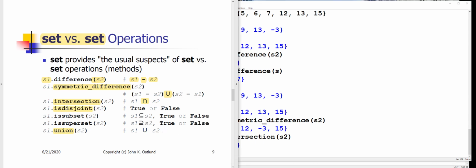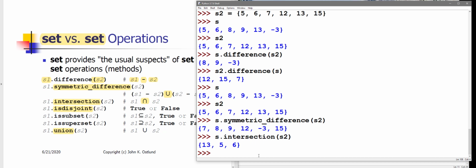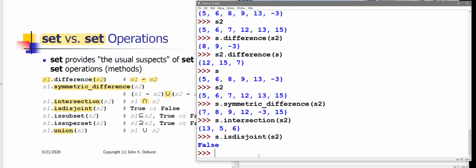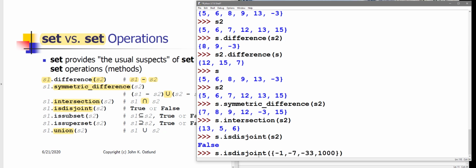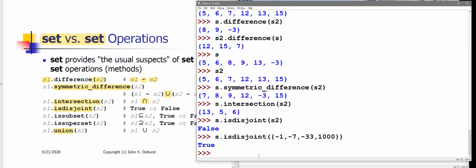I can ask whether the two sets are disjoint. In this case, of course, they are not disjoint. So if I ask whether S is disjoint with S2, I get false, because they do contain items in common. If I were to ask whether S is disjoint, and let me just make up a set, -1, -7, -33, 1000. Those two sets, S and this literal set, -1, -7, -33, 1000, have no elements in common, and so they